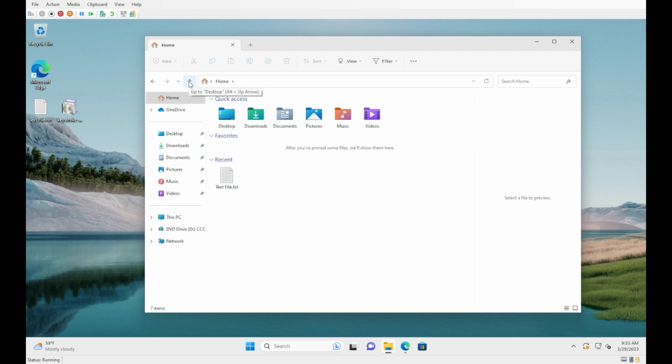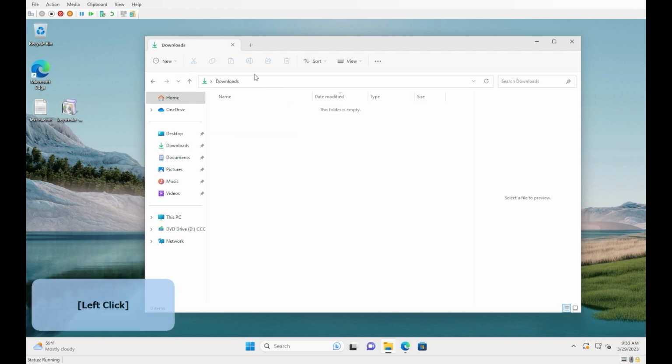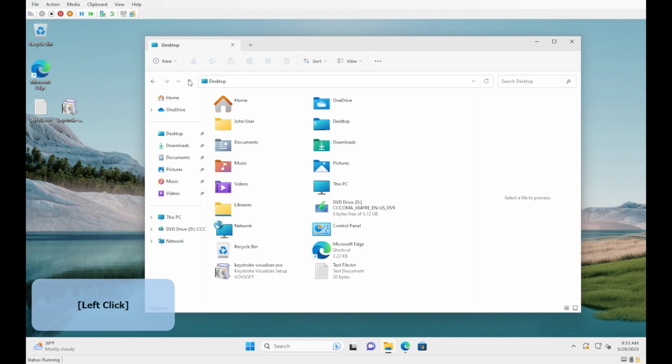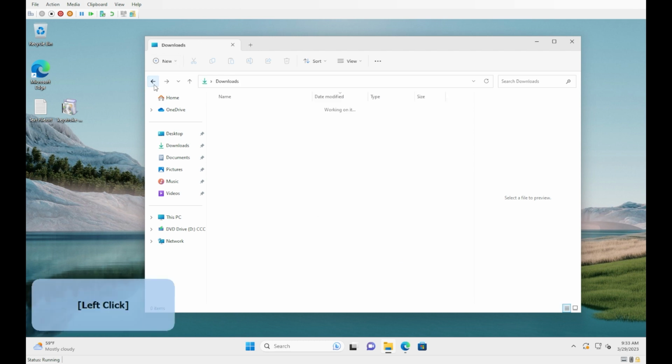And then you can also go up. So if you're in a folder like this, downloads, and you go up, it's going to go back to desktop. But if you're like in documents, if you have